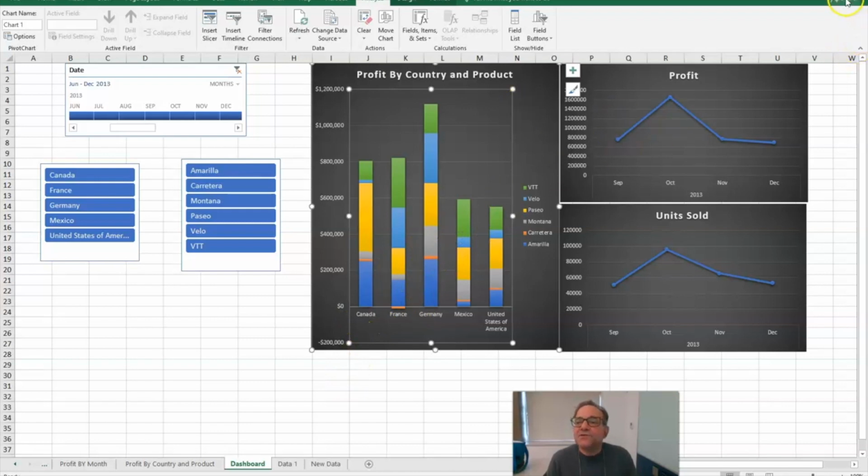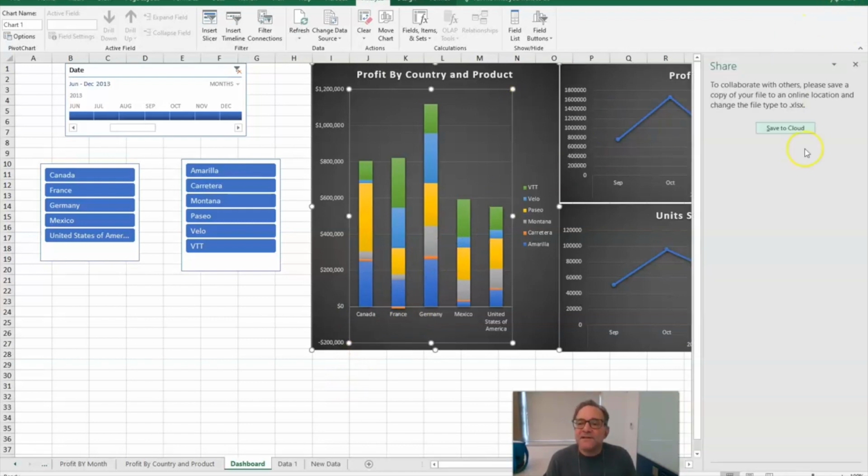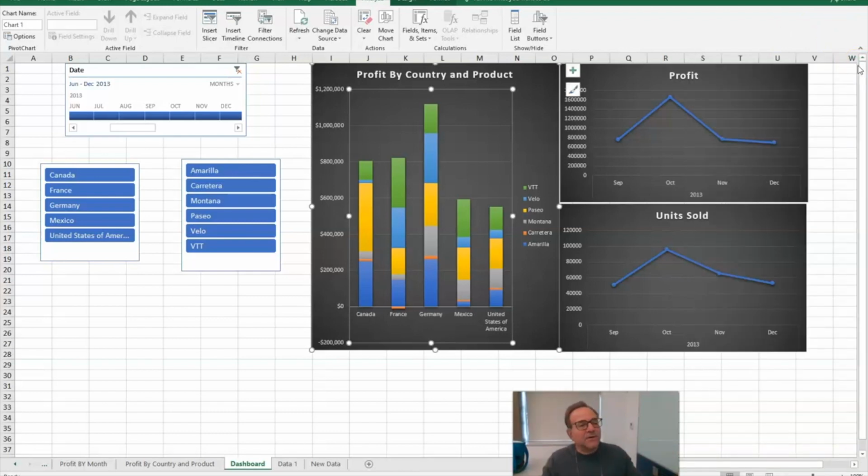The other thing that you can do, which is really cool now, is share this. So maybe you want to save it and share it with a client in one of these countries so that they can actually see this data transformed by the dashboard in any way they want to do it. Your knowledge of pivot tables, pivot charts, and just kind of putting everything together will allow you to create this attractive dashboard that really helps tell a story and also is interactive. So I hope you have fun doing this assignment, as much fun as I had creating it.